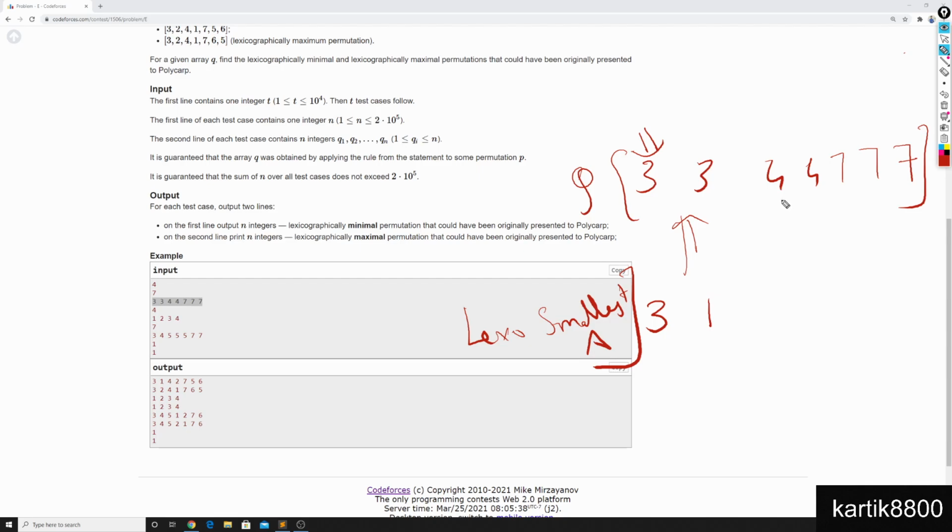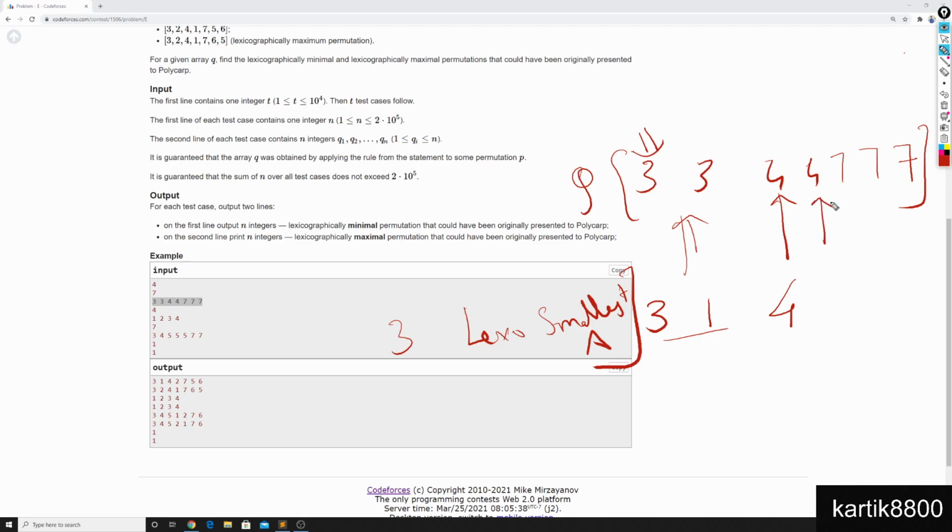Now let's talk about this position. Currently the largest element I've seen is 3. At this position, I want the prefix max of my array to be 4. If I put anything smaller than 4, the max of the first 3 elements will never reach 4. Same way, if I put something larger than 4, then I'll exceed this and I'll have something larger here. So Q would not be a valid prefix array for A. So I'm bound to put in 4. Nothing else works here. Okay, I put in 4.